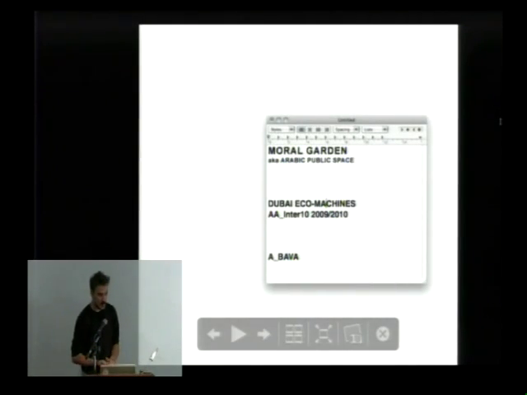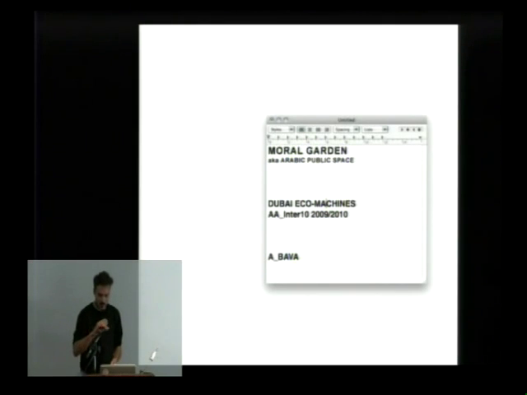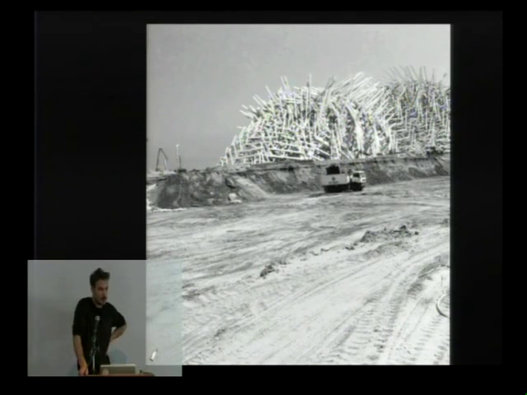Okay, so my project consisted basically in the invention of an authentic Arabic public space. The idea was that, as you all know, Dubai is known only for a sort of tacky tourism and very ugly shopping malls. But in Dubai, this new development, the World Lagoon, is very interesting right now because, due to the crisis, the islands are not currently being developed. So it's a massive, unfinished landscape project.